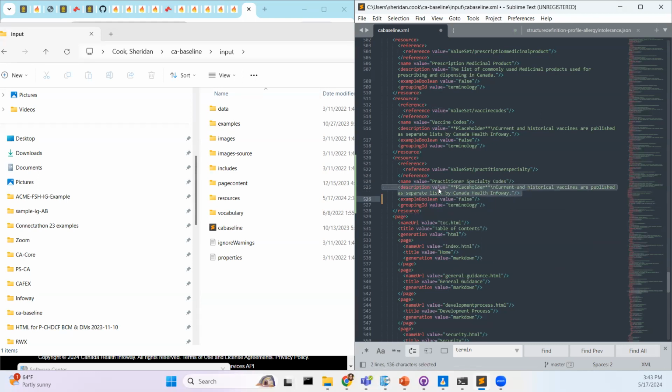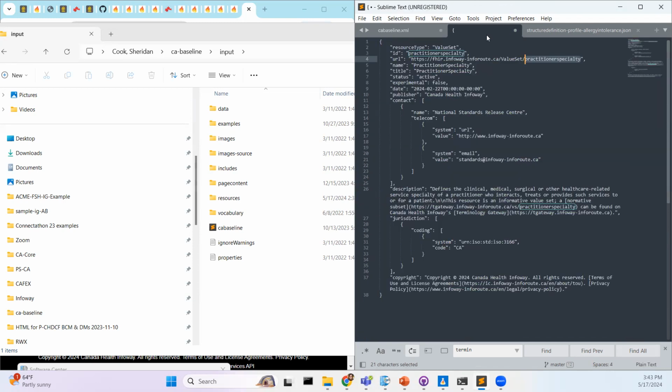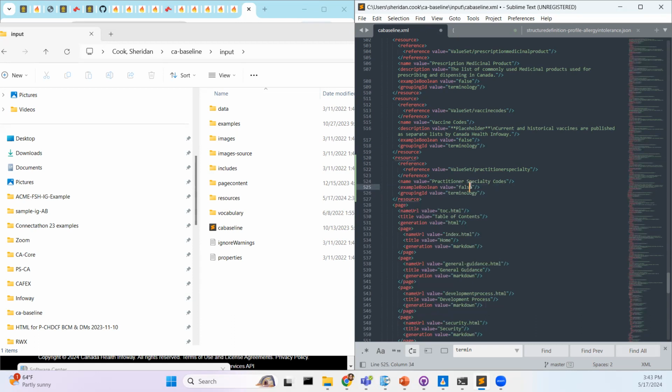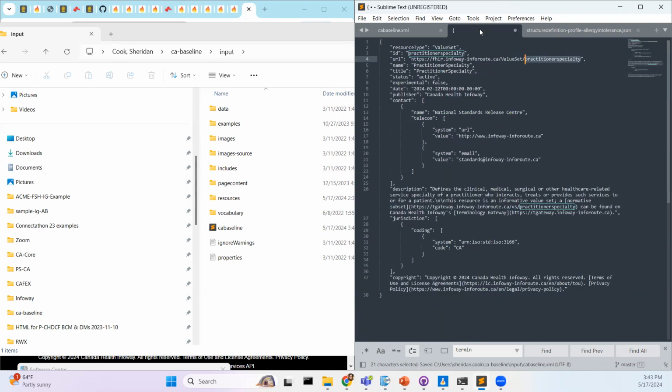Recently I found out that if you don't add a description, it will pull whatever your description is from here. So we're going to give that a try. It's not an example, so my Boolean is set to false. If this was an example instance, and my grouping ID, because I copied it from the other value sets, is going to be terminology. So I'm going to save this, but it won't work until I also save this new file